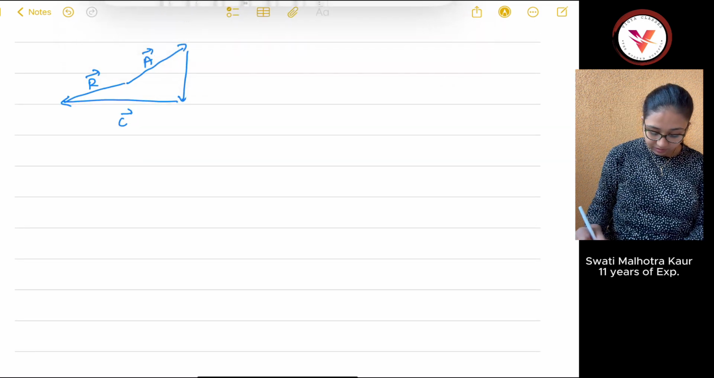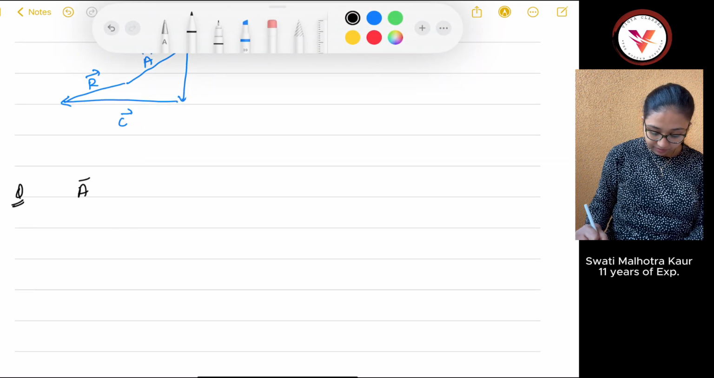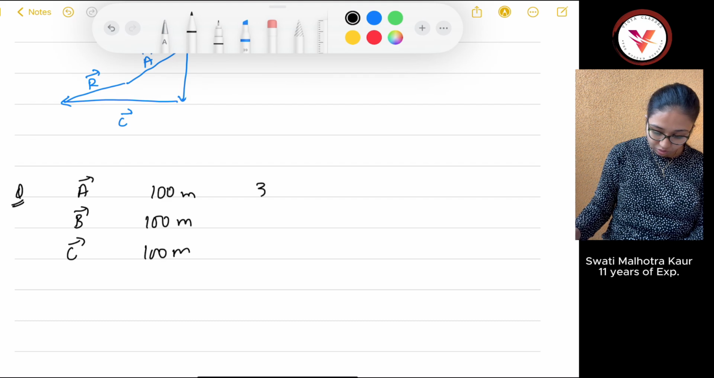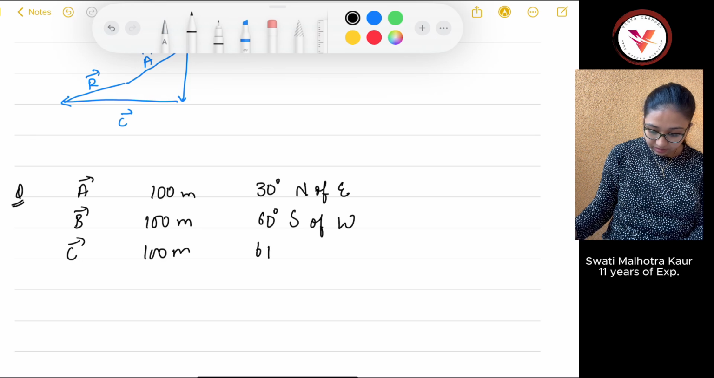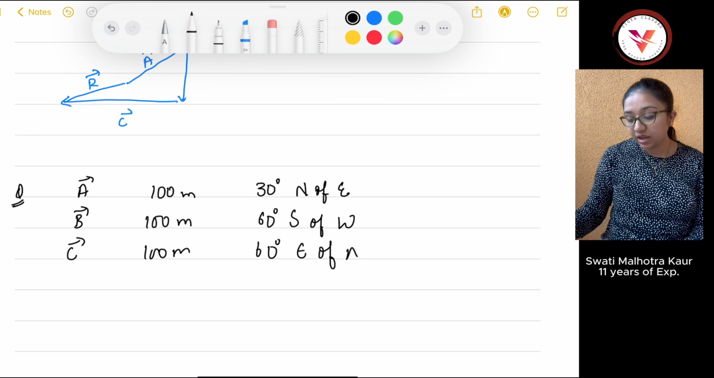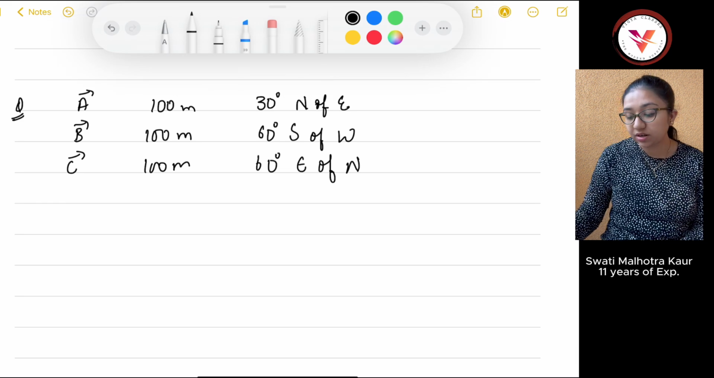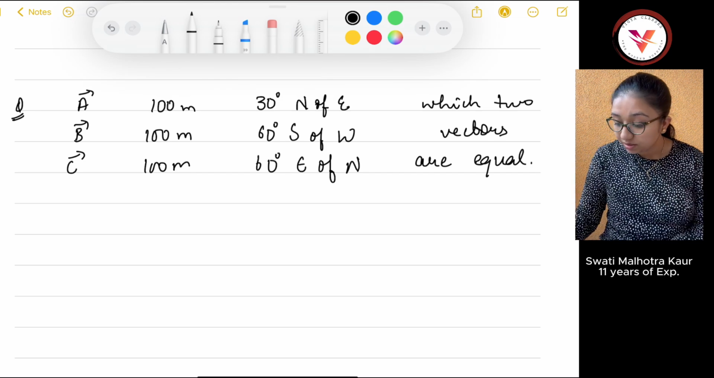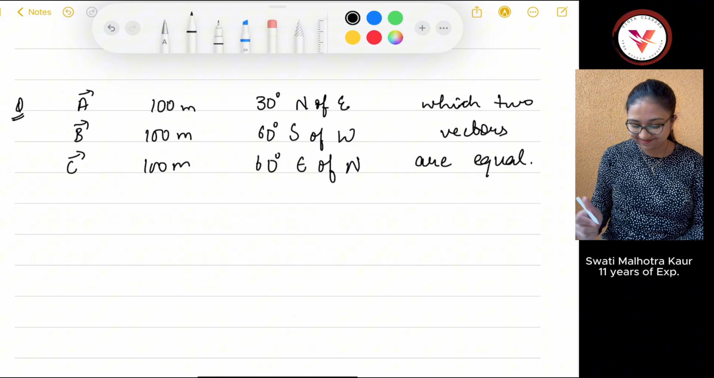Okay, let's take another question. Suppose you have A vector, B vector, and C vector of equal magnitude, 100, 100, 100. But A is 30 degree north of east, B is 60 degree south of west, and C is 60 degree east of north. Okay, and you are asked which two vectors are equal. Please forgive me for my writing. It is little,